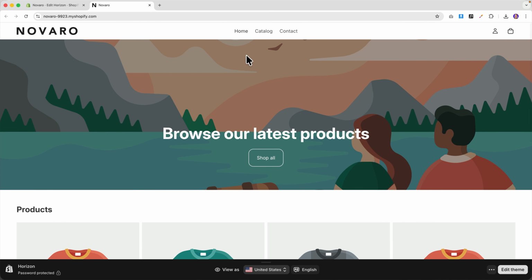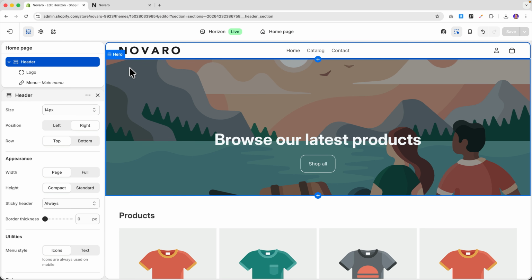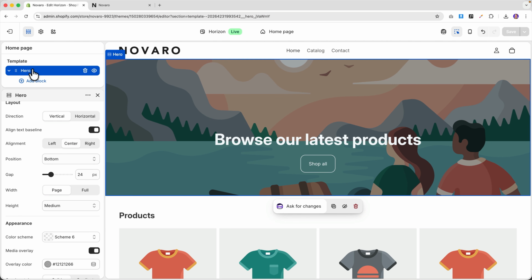So what I see over here is a hero area. That's the first thing people will see when they enter your website. Let's see how we can configure that. The most important page of your website is the homepage, and the most important part of your homepage is the hero. That's the first thing people will see when they enter your website. So let me show you how we can make it look really professional, so we leave a really great first impression to your visitors. In order to do that, I go back, I click on the hero, there you are,